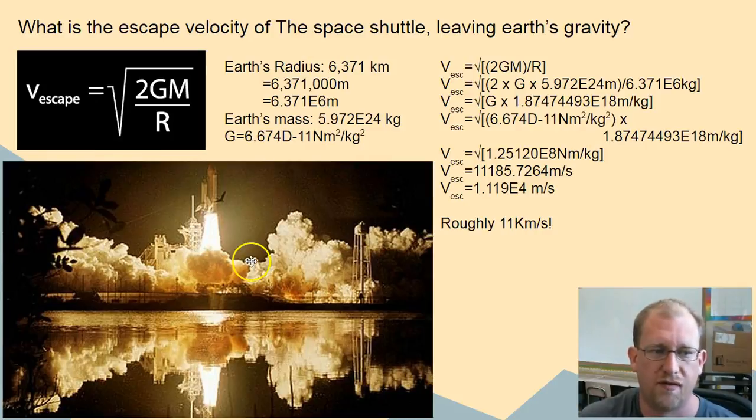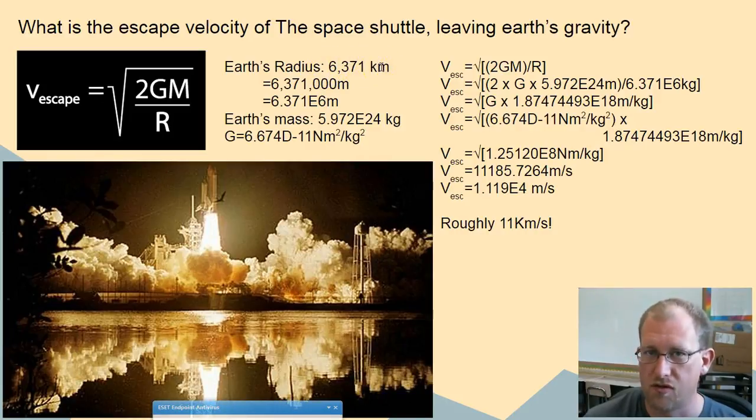Here we have Space Shuttle Columbia lifting off for its last and tragic flight. This is the liftoff that ended in disaster for Columbia. But we want to look at how fast it is leaving the Earth, right? So Earth's radius we need, 6,371 kilometers. Now that's not meters. Our equation requires meters. So that's actually 6,371,000 meters. I'm going to turn that into scientific notation just for ease of use and say